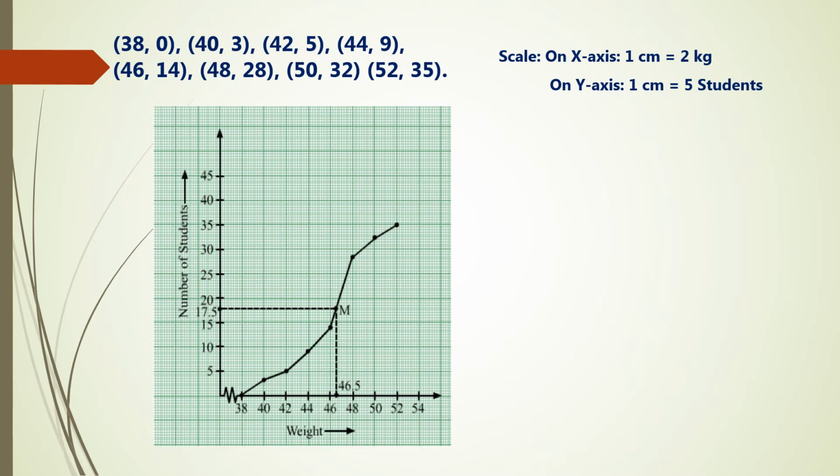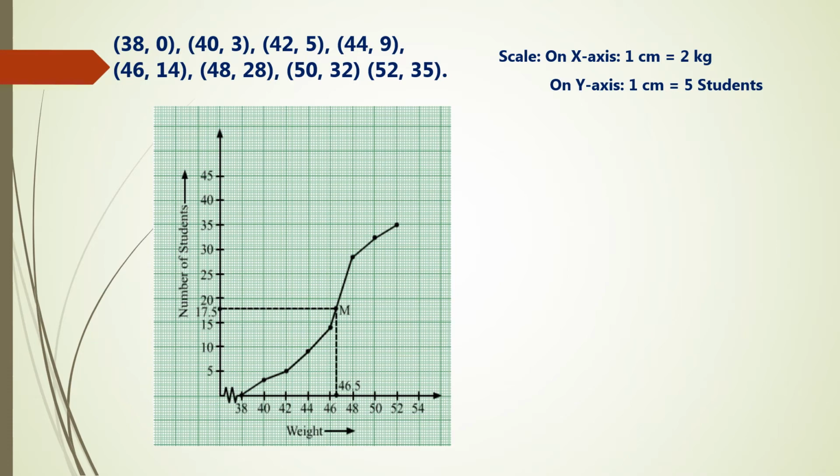On the x-axis, the scale we have taken is 2 kg, simply 2 units, because the difference between 40 and 38 is 2. 38, 40, 40, 42, 42, 44, and so on. We're taking scale lines. On the y-axis, the difference of these two, 10 minus 5, is 5, 15 minus 10 is 5. 5 units I have taken, as the number of students it is representing, you can say it as 5 students on the y-axis.